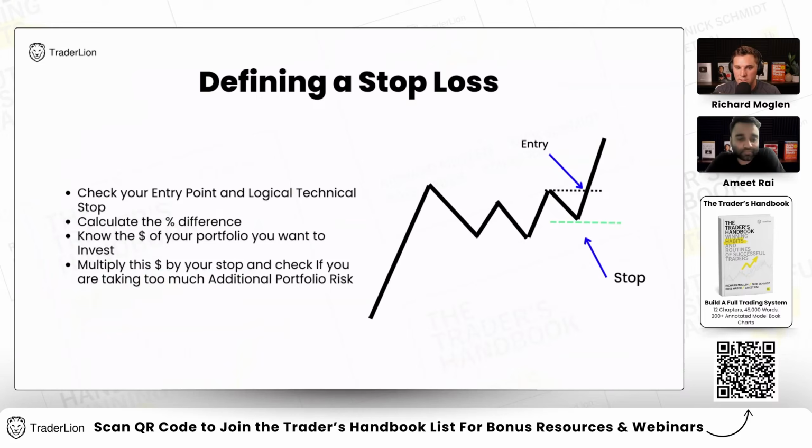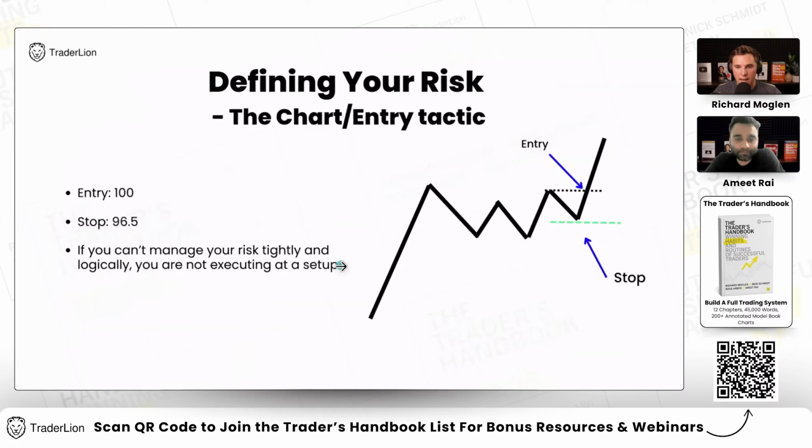If the total risk is going to be 1% of your account, and you don't want to take that on a single trade, or you don't want to add that to your total open risk, then you either have to not take the trade, choose a different stop, or lower the position size. It's as clear as that. And you just want to investigate why it doesn't meet your risk parameters. But these are kind of the key steps to define a stop loss.